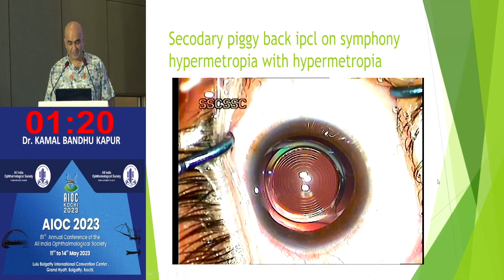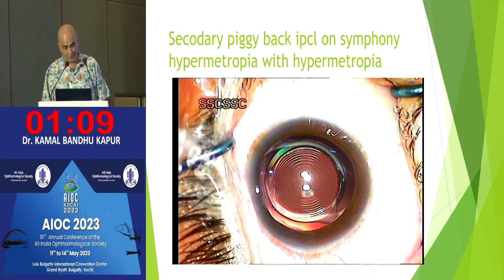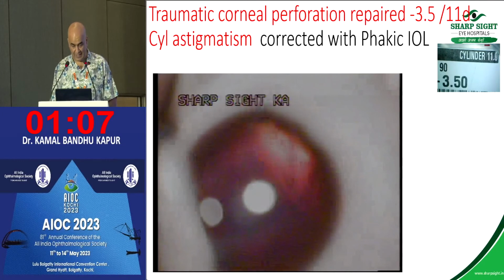Now this is again a patient who was roaming around. So I told him that we'll try. This is a patient who was hypermetropic. He was corrected with Symphony. He had a residual power. Anterior chamber was very shallow. So I ordered a phakic lens in plus power for this patient. So this patient did well. Now again,